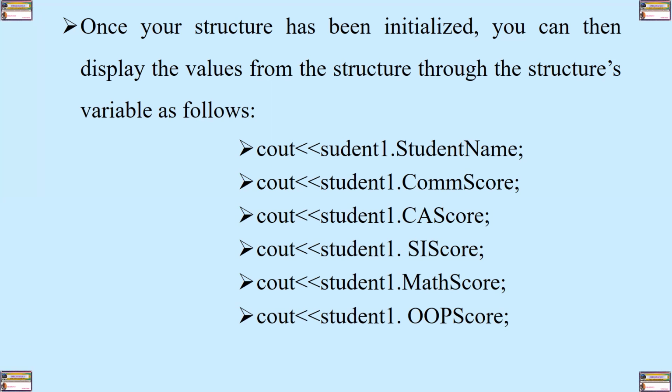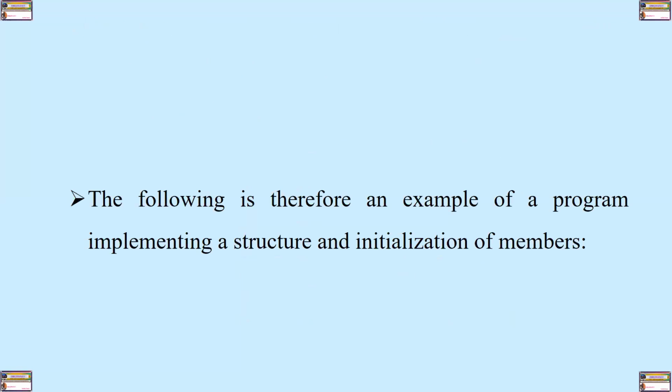The most important thing to remember is how you access the content of a member. It is the structure's variable name, dot, the member that is of interest. You can assign content to the member, you can write out the content from the member, and perform any other operation as long as you have the structure variable name, dot, member. The following is therefore an example of a